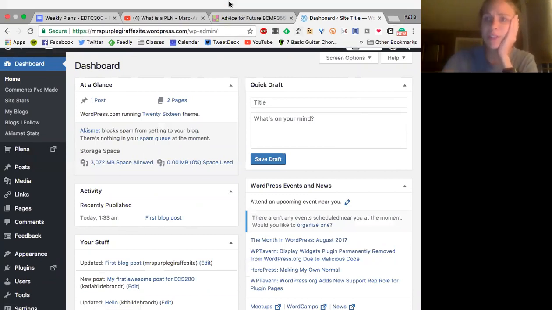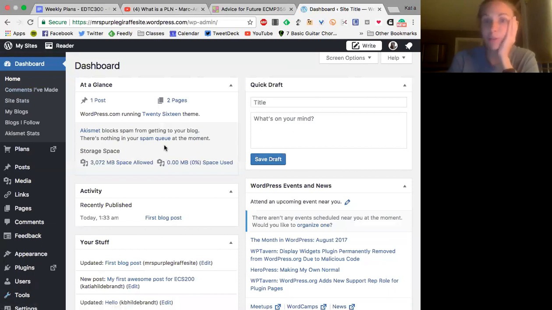Okay, this is your dashboard. If the site looks like this when you go to try to do stuff, you are in the right place. If it's a weird pale blue color, you are in the wrong place. You want the one that's black, okay? Black on the edges, gray in the middle, not super fancy looking, but it sure does work. So this is the back end of your blog. This is called your dashboard. This is where you do stuff on your blog. And you can do all manner of things.